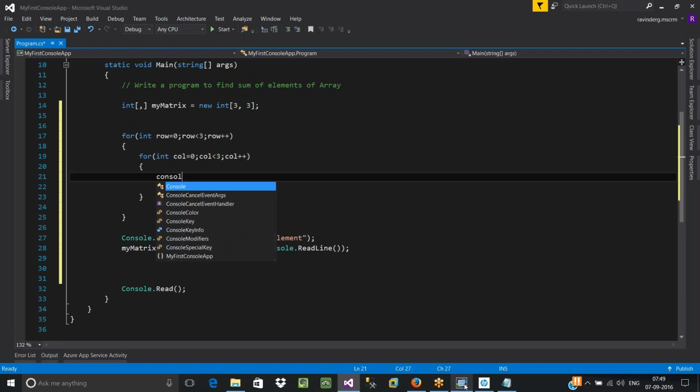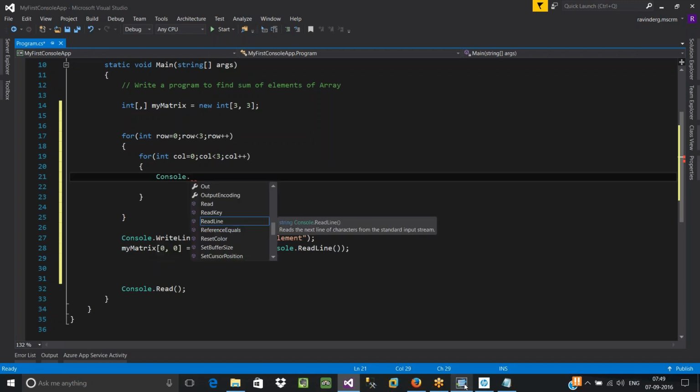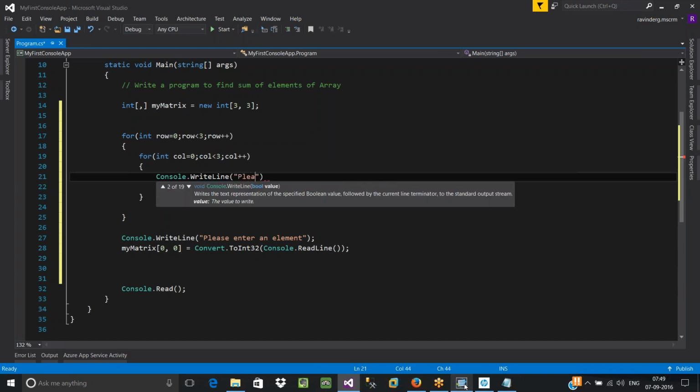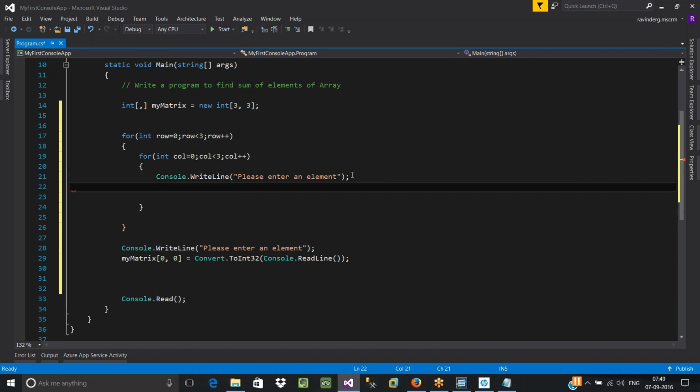I am going to ask the user to enter the element. Console.WriteLine, "Please enter an element." Once you enter this element, read that element and store it into the respective location.